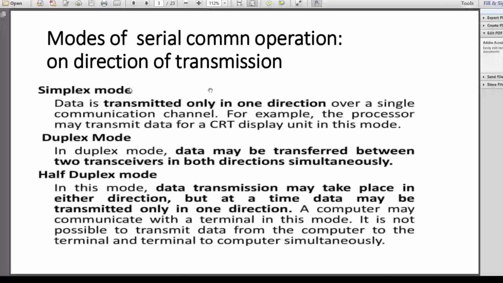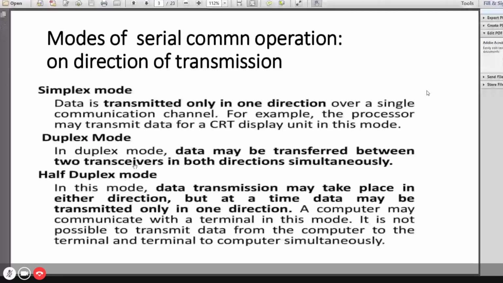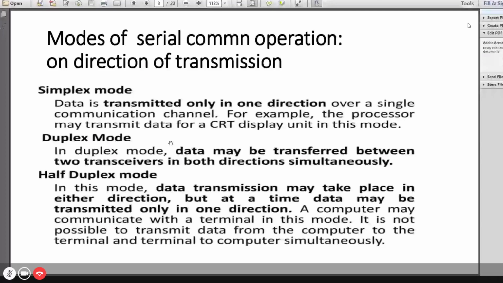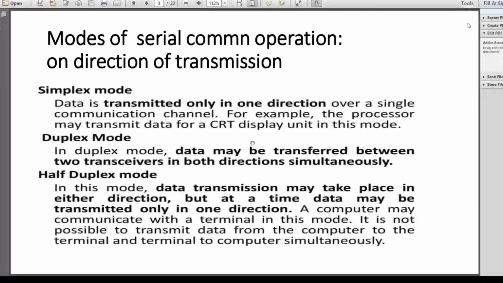Duplex mode is where the devices can act as transmitter or receiver. At one point of transmission, a device may be a transmitter, and next it becomes a receiver. So if device 1 is transmitting some data, device 2 may receive it, and after some time, device 2 becomes a transmitter to give some data back to device 1.